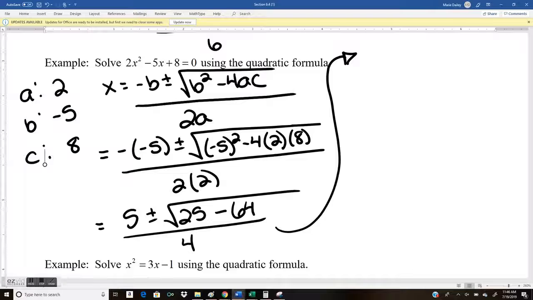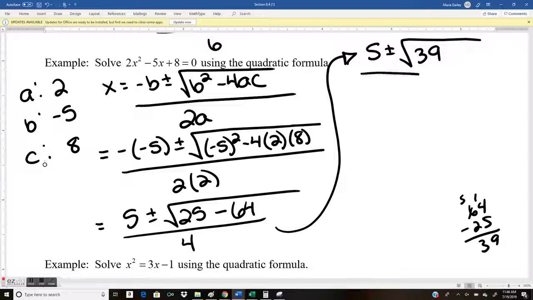Gotta love those arrows, right? This becomes 5 plus or minus the square root of 64 minus 25, really quick, which is 39, all over 4. And then the factors of 39 are 1 and 39, 3 and 13, and that is it. So that means that that's our